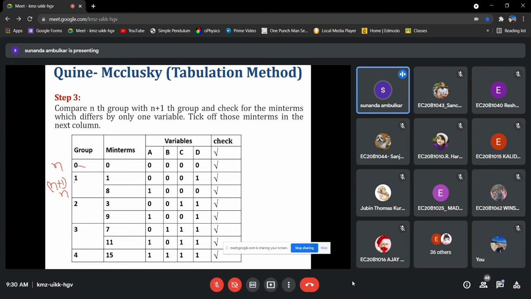If group 2 is n, then group 3 is n plus 1, and so on. This is n, this is n plus 1.